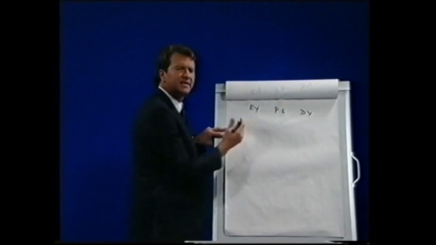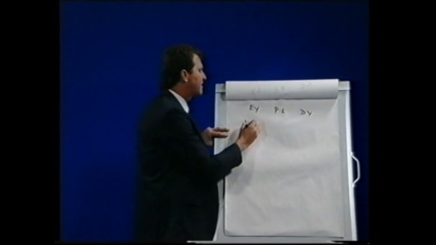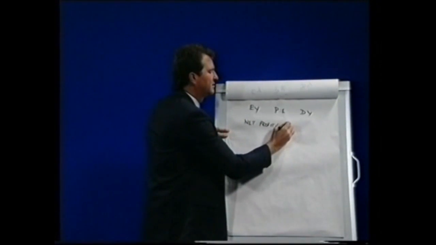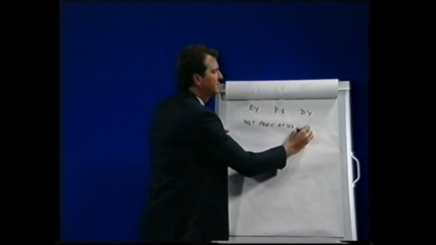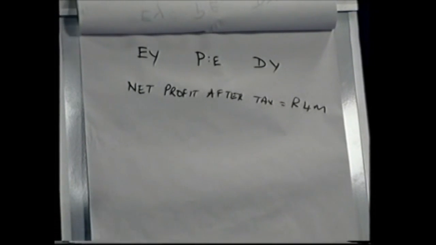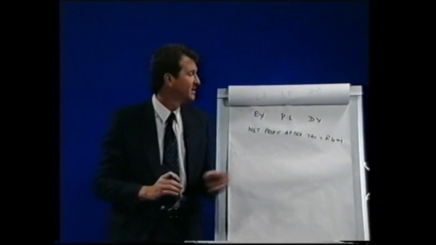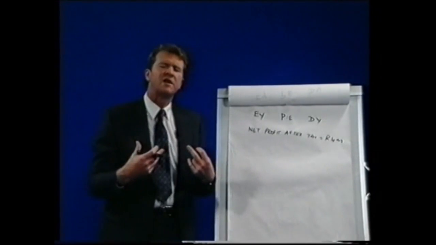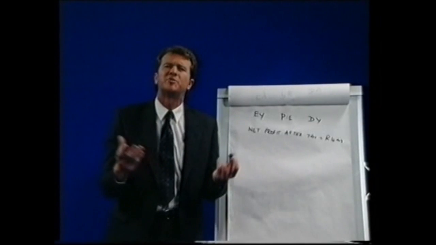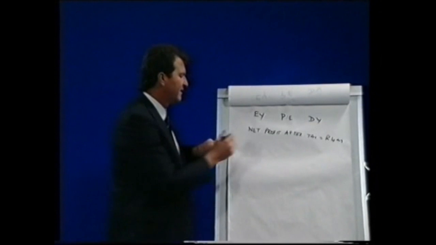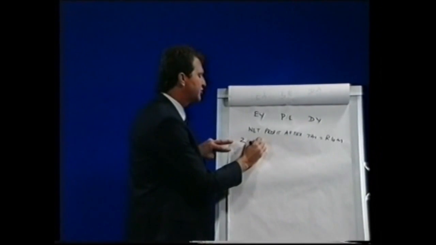Using easy numbers, for example, let's take a company that makes a net profit after tax of 4 million rands. Now, this is an important figure to the shareholders because it's from the net profit after tax that the shareholders may or may not be paid out their dividend. The company makes 4 million after-tax profit, and we would now want to know how much profit this company has made per share held. In other words, if we were to learn that there were 2 million shares in issue,